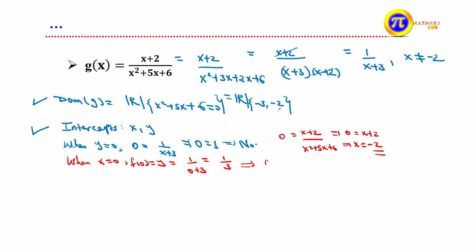Coordinate geometry express ማድረግ ስለምንችል we can express 0 with 1/3 ብለን በዚህ አይነት መንገድ express ማድረግ እንችላለን። In case of y-intercept you may substitute directly የተሰጠን ፈንክሽናችን ውስጥ directly substitute ማድረግ ትችላላችሁ። That means what, for g at 0, g at 0 is equals to 0 plus 2 over 0 square plus 5 times 0 plus 6 ይሆናል which is equals 2 over 6. 2 over 6 means 1/3 ይሆናል ማለት ነው። You can take that as it is።